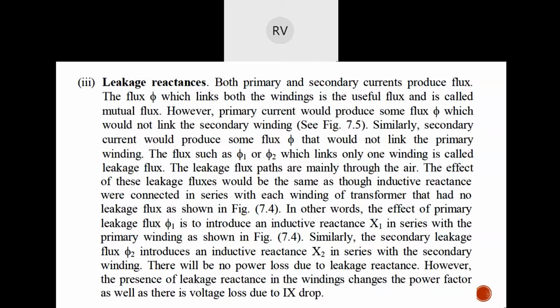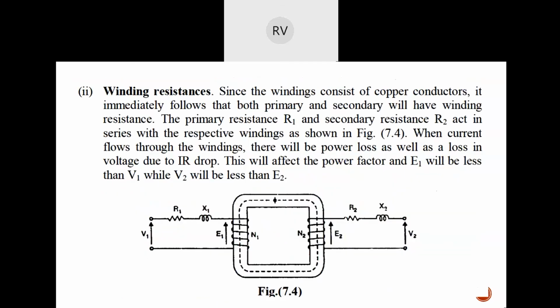There will be no power loss due to the leakage reactance. However, the presence of the leakage reactance in the windings changes the power factor, and there will be a voltage loss due to the IX drop. So these X1 and X2 are the represented leakage reactances, which will not have any power losses, but there will be a voltage drop due to the reactances. IX drop will be there because of the reactances, and because of the presence of this inductive element,